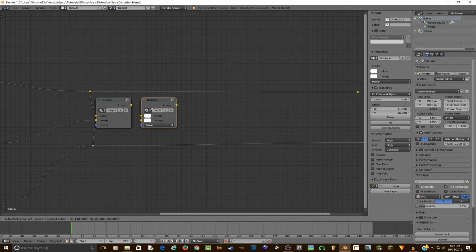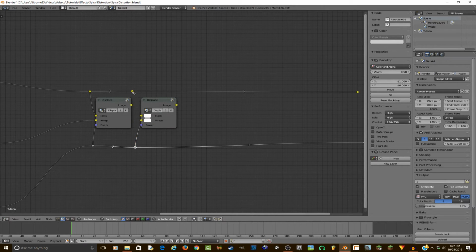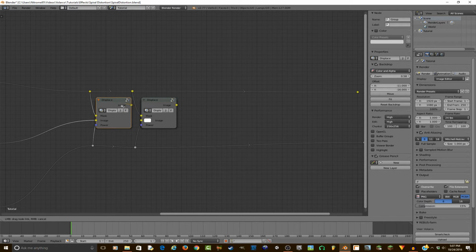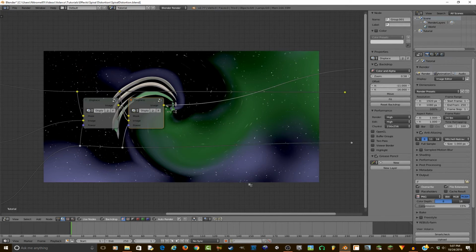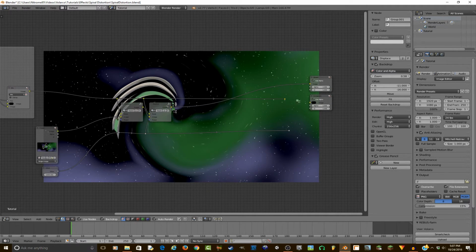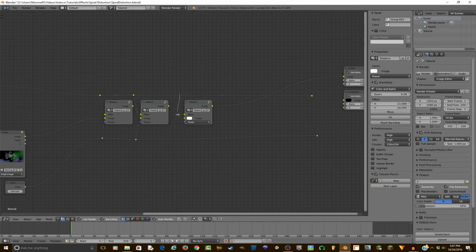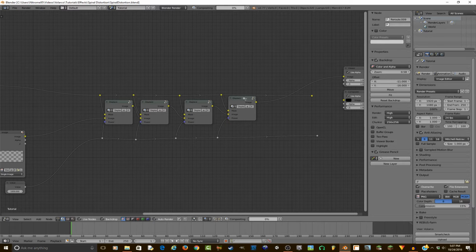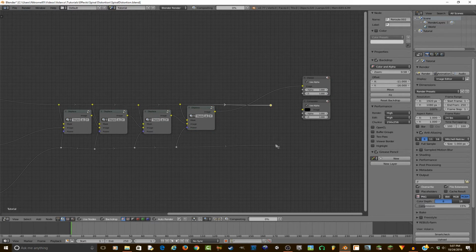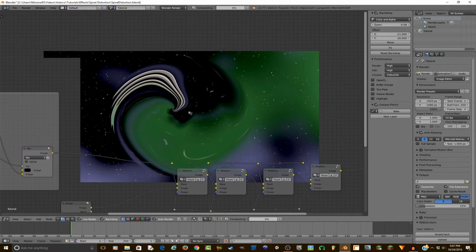So now what I can do is duplicate the displace node. Then I can shift drag there and there. I can plug this into the factor, this into the power, this into the mask, and output from the previous displacement into the image. And just like that, you can see we get double the rotation. And so I'm just going to do this 4 more times real quickly. And so now that I've done it 4 times, you see that it looks